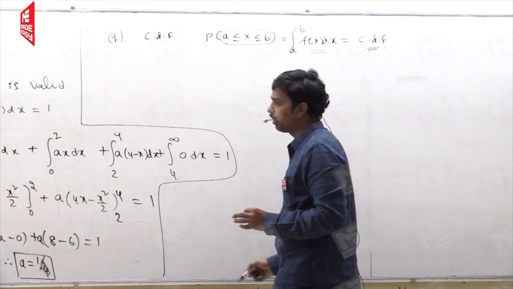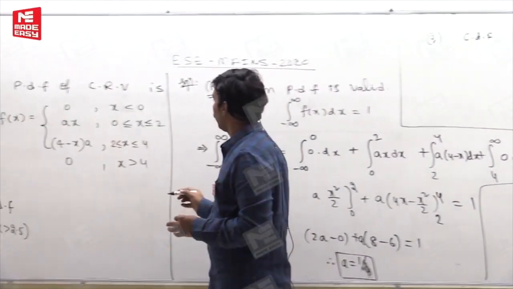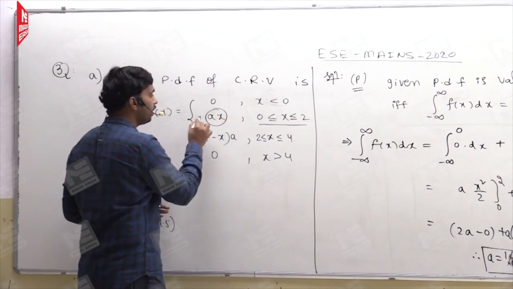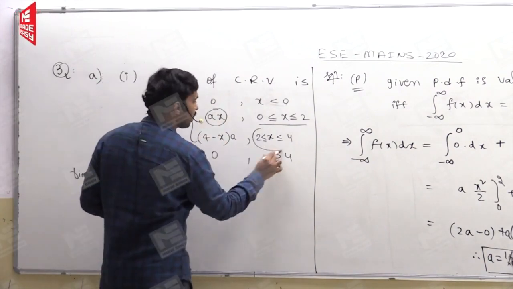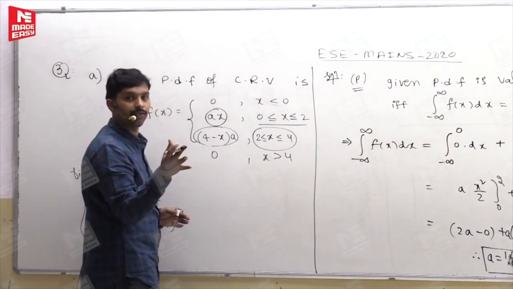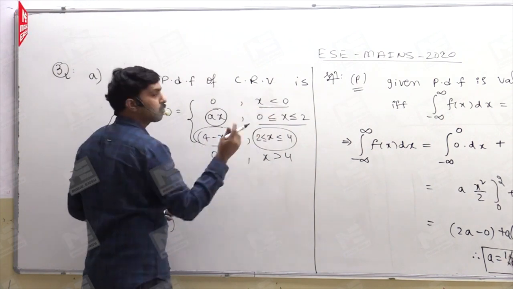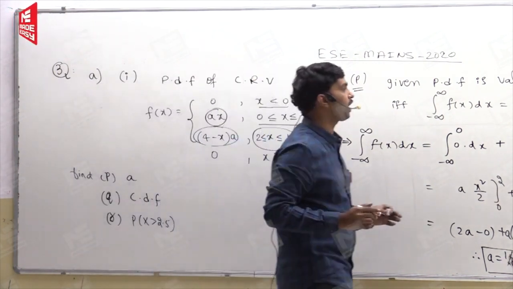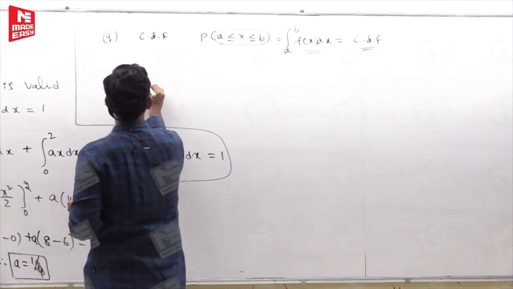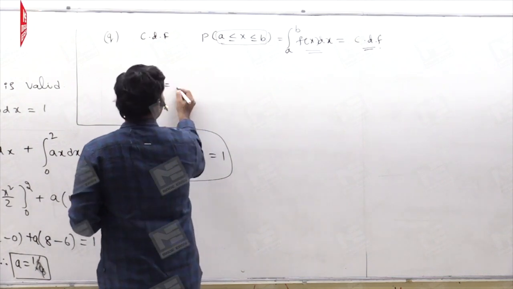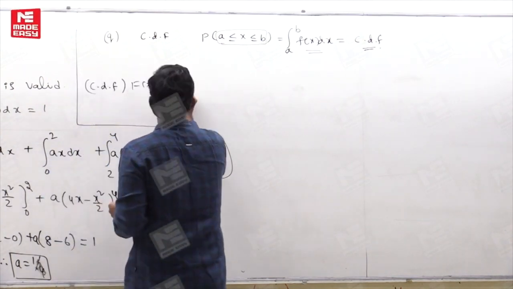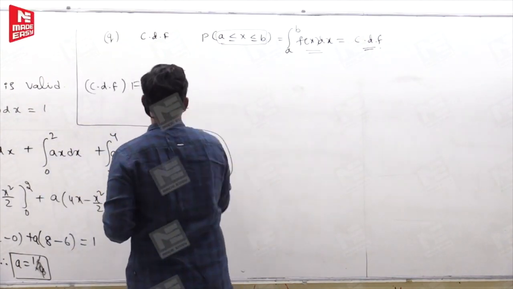We are integrating here. Similarly, if you want to find the cumulative probability within this interval, we need to integrate f of x here, and in this interval also we need to integrate f of x. In this other interval, the function is not defined, so no cumulative probability. In this interval also, no probability. So using this concept, the capital F of x, that is the CDF, we can write as follows.